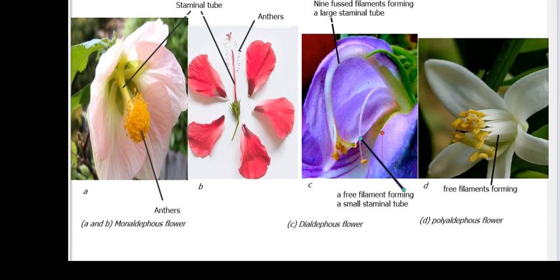Then the flower can be said to be polyadelphous if it has more than 2 staminal tubes, like in the case of citrus species. In the citrus species, the filaments are separate from their base to the tip, forming different staminal tubes. Such flowers are said to be polyadelphous. We can find it among all citrus plants such as the Citrus sinensis, sweet orange, Citrus limon, which is lemon, Citrus paradisi, which is grape, Citrus aurantifolia, which is sour lime, and Citrus maxima, which is pomelo, Citrus reticulata, and